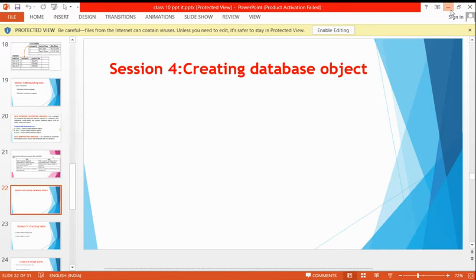If you want to create the table in wizard, just click here. Use wizard to create a table. Choose the table name from here. So from here, I'll choose the customer table, and from here, I have to choose the field name. So here, I'll choose customer ID. Then I'll take first name. Then I'll choose last name. Then click on next. You just see here, if you want to change anything, you can change from here.